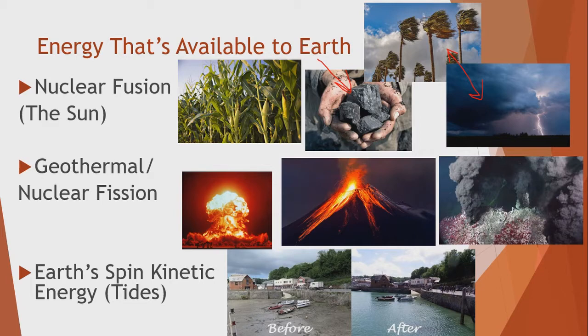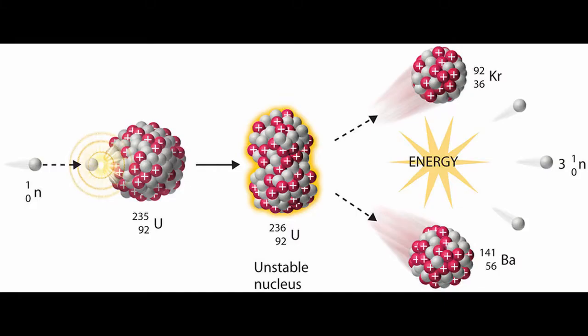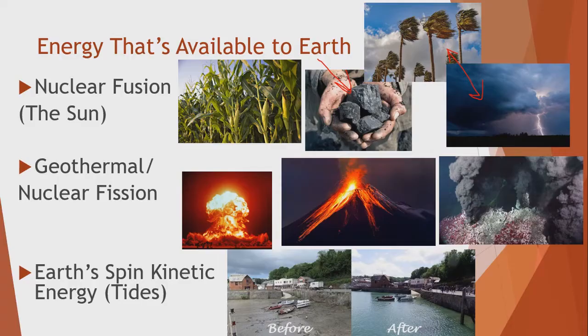Basically, these are elements that are falling apart. They're unstable. Nuclear fission refers to when elements fall apart. So when atoms break apart into smaller atoms, that's fission. And when they're being mashed together, that's fusion. But either way, these fission reactions in Earth, well, that's what drives nuclear energy.